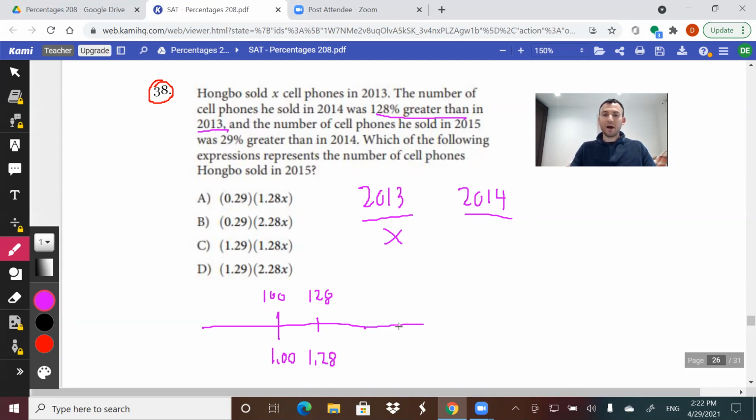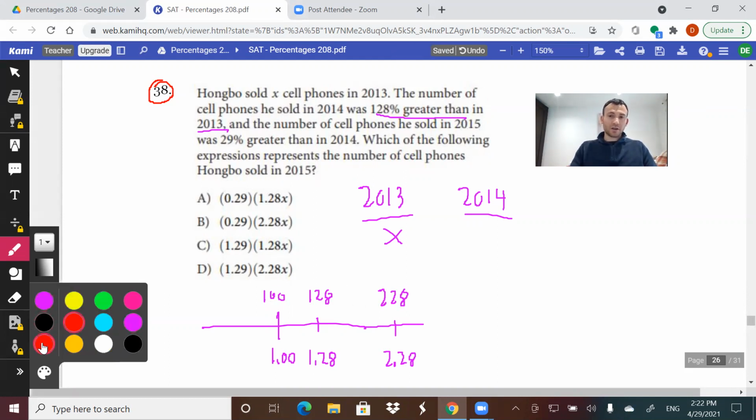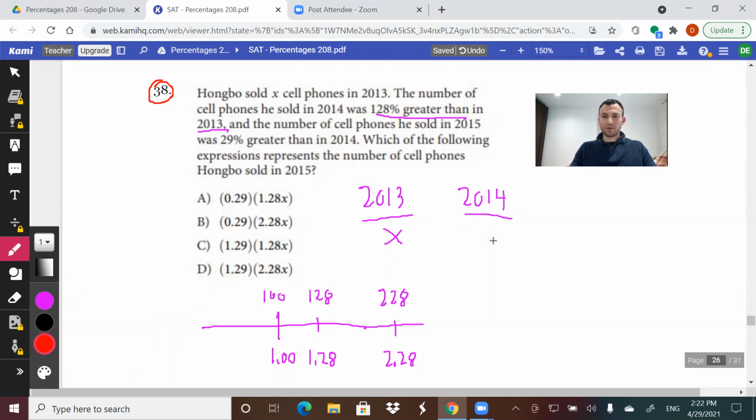So to increase by 128%, we're going to multiply by 2.28. That increases by 128%, right? Because 228 is a 128% increase from 100. So interestingly, to get from 2013 to 2014, we need to take X and multiply it by 2.28,